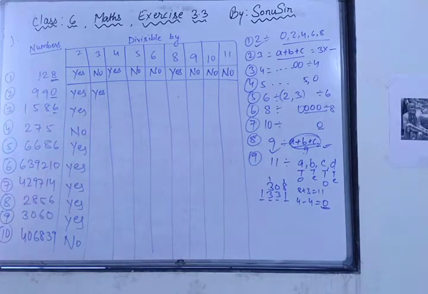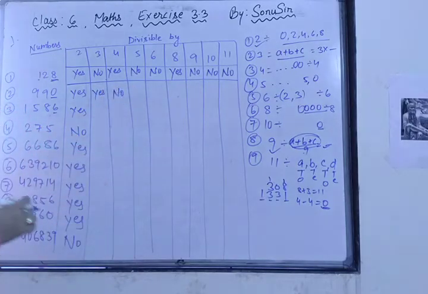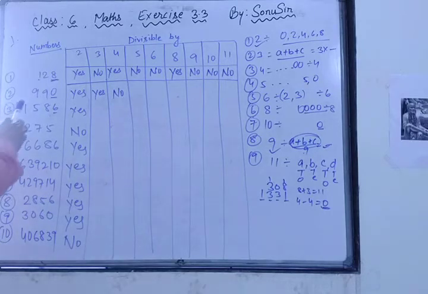What about the fourth place? 4 2s are 8, 4 4s are 16, and 30. It is not divisible by 4, right? Because you can see either the last 2 digits or the last 3 digits must be divisible by 4. You can see here, 4 2s are 8, 4 4s are 16, 30. So 30, 4 7s are 28. 2 remainder is there, so that's why it's not divisible by 4.